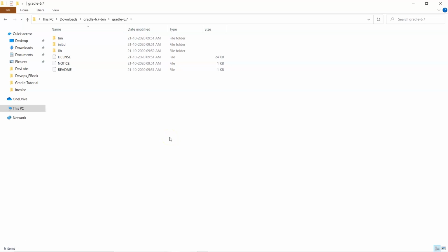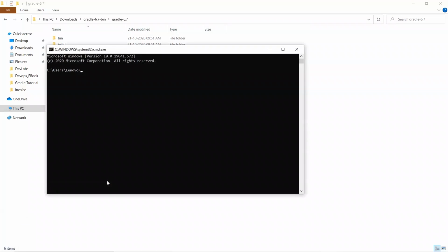So meanwhile it's extracting all the executables and all those things. It will help us understand how the whole build process, or how the build tools, can be integrated over there. Now once the extraction is done, you have to run cmd